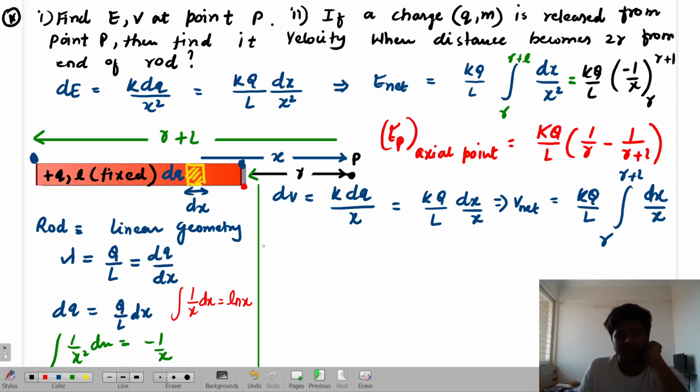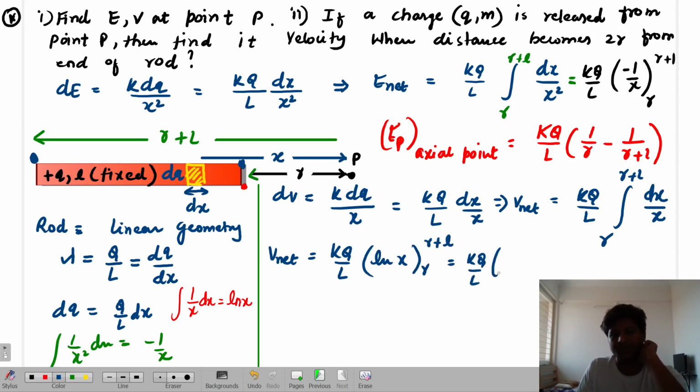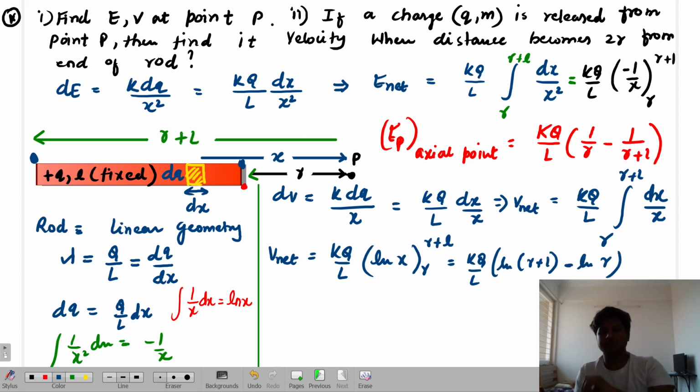Okay, so then V net is simply kq by L ln x, and that varies from r to r plus L. So it can be written as kq by L times ln(r plus L) minus ln r. Right or not? Yeah, so it becomes what? This is log a minus log b, which is log a by b. So V net is